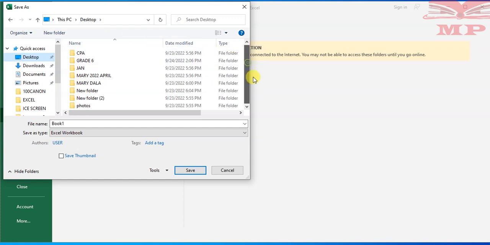Now you can save here, but remember it's very important that you create a folder under which you want to save your work. Folders are meant for you to save your files. There are different folders that have already been created here, but I want to save my workbook in a new folder. So there's an option of Create New Folder, which I'll click on. Once you click on New Folder, you will see a new folder created for you, and you can easily change the name from New Folder 3 to another folder name like Introduction